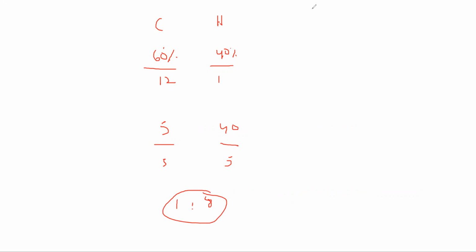This is just a quick revision. If the percentage is given, we use this method. But normally in organic chemistry, they will not give you a percentage. They will give you a molecular formula, and from the molecular formula, you have to find the empirical formula. Empirical formula is defined as the formula which represents the simplest ratio between the atoms present in a compound. Yes, we will repeat this in stoichiometry as well.